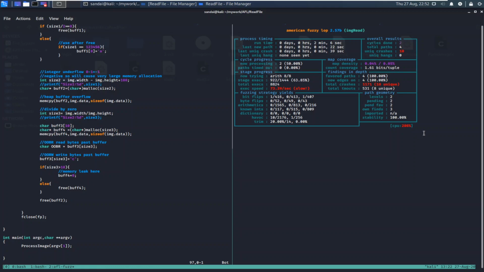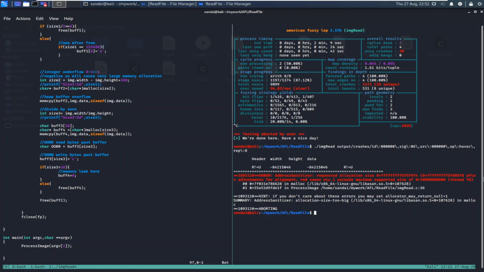I'm going to cancel it by pressing Ctrl+C, and let's go through some of the crashes. Remember that I have given only one single input file containing an img tag, and AFL itself has figured out everything else. That's why it's very popular. Let's see what kind of crashes we have got. We'll start with the image read output crash, id 0.